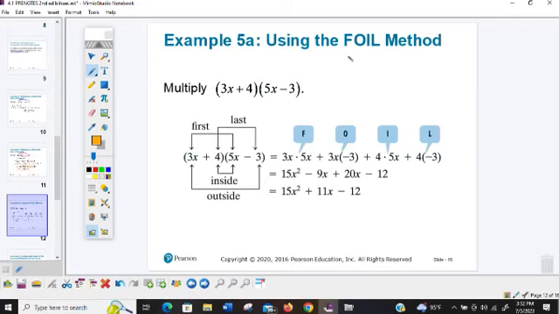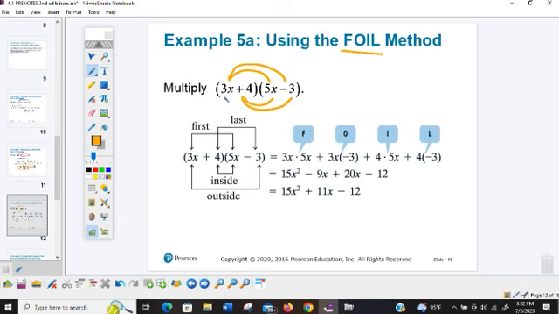In this video, we're going to use what we call the FOIL method. We use this when we have a binomial times a binomial. So two things times two things. We call this FOIL for first, outer, inner, last. So you do the first terms, then you do the outside terms, then you do the inside terms, and the